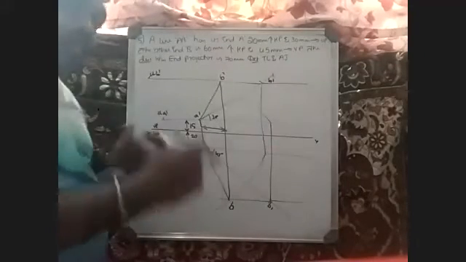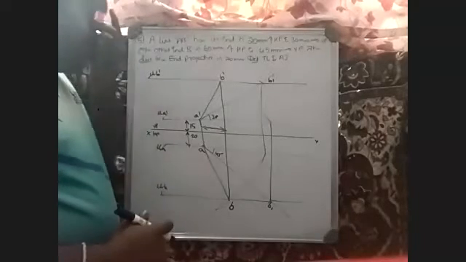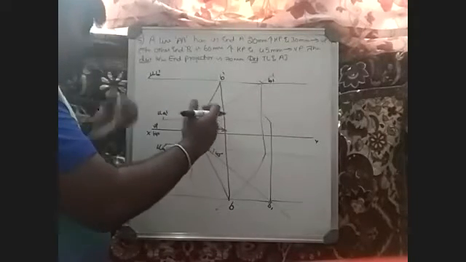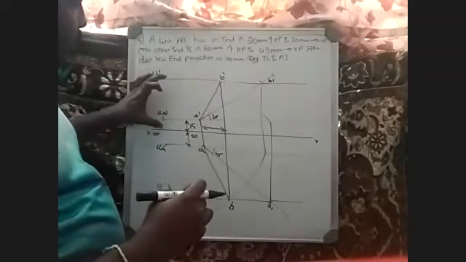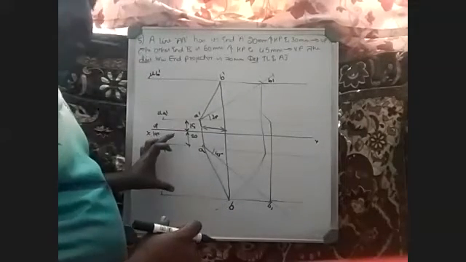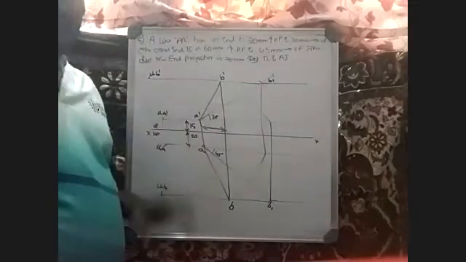Now, in the next variety of problem, what they will do, till now we have seen they will give you the length of the line and they will give you the angle, or they will give you what is the height of this locus line B dash and what is the height of this locus line B, and they will tell you what is the length of the line.